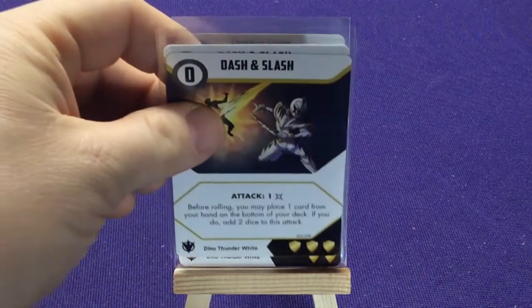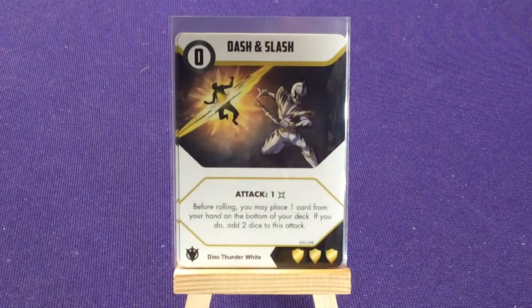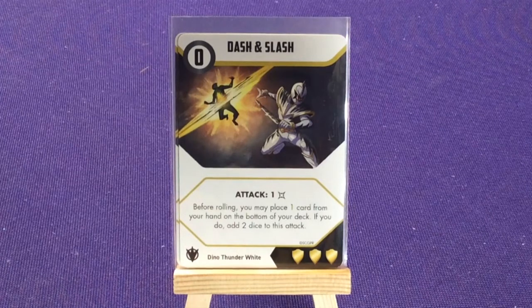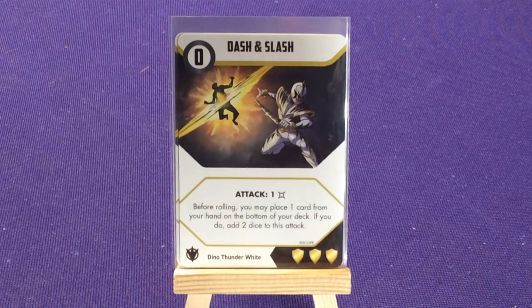2 copies of Dash and Slash. 0 cost attack, it just does 1 damage. Before rolling, you may place 1 card from your hand to the bottom of your deck. If you do, add 2 dice to this attack. Yeah, so what do you need to do? Can you afford 1 card? At least it's not discarded, it goes back in your deck. But if not, you can always just go ahead and